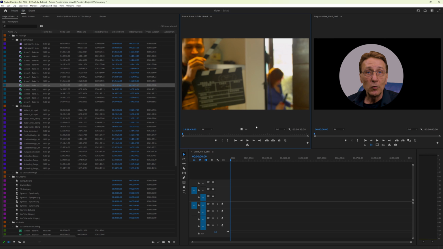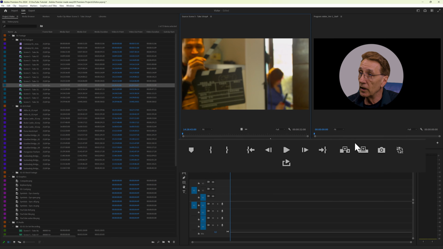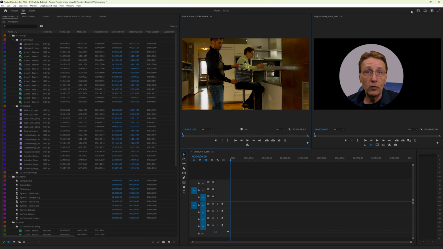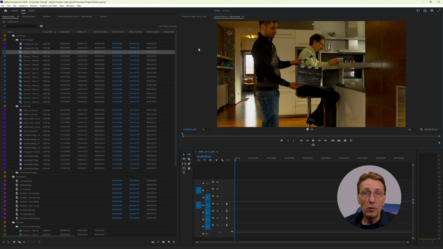Now we can browse all our footage and get an idea what we need to put where. Once we have decided which clip to add to our new sequence, we can use these buttons to insert or overwrite. In this case, I happen to know the footage quite well and know that I want to start the sequence with take 6. If you are still in the default assembly workspace, your source monitor and your program monitor are sharing a window. If you remember from chapter 2, I dragged my source monitor out and docked it to the left, which creates a new window, so I can see both monitors simultaneously.